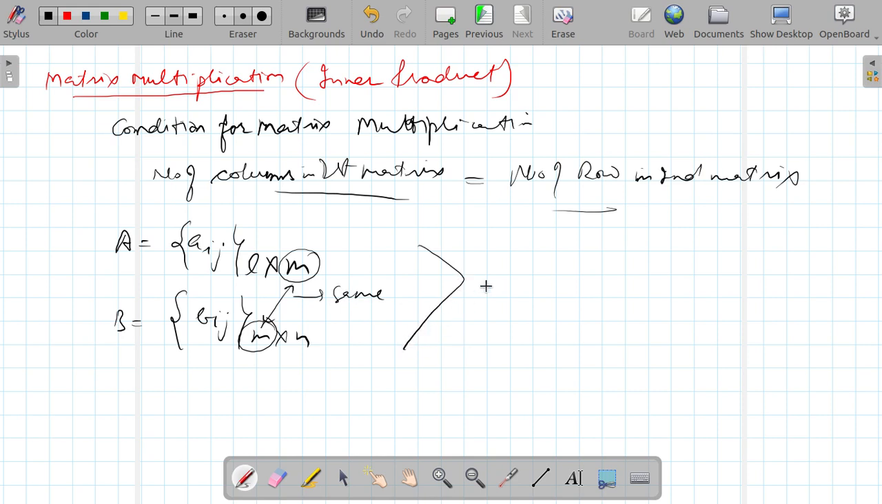If they are the same, that means matrix multiplication is possible because the required condition is satisfied. This is the required condition, right? Now their product is defined as